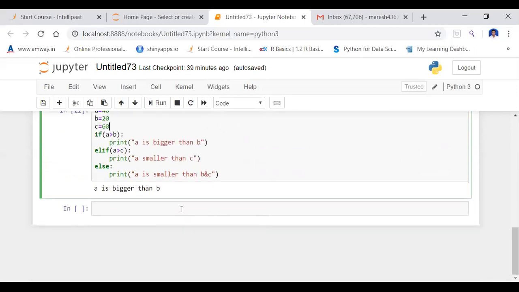This one is a very simple program I will write.